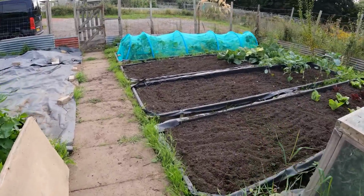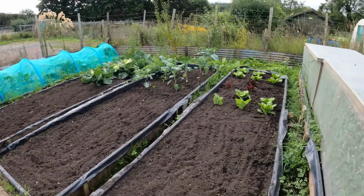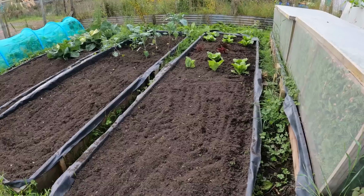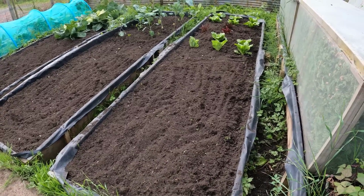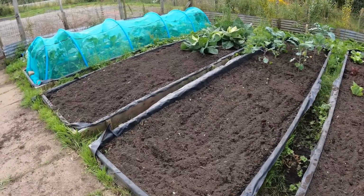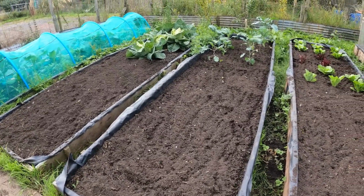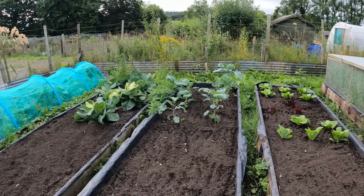But then I come to these beds. These are now empty and ready for use, and you can see I've got lettuce up that end. They are replacing the lettuce that were here, which I've just hoofed out. They're on the compost heap because they went to seed. In this bed here I had my broccoli, which wasn't a very good crop, and I've got purple sprouting broccoli at the end there, and I'm thinking,